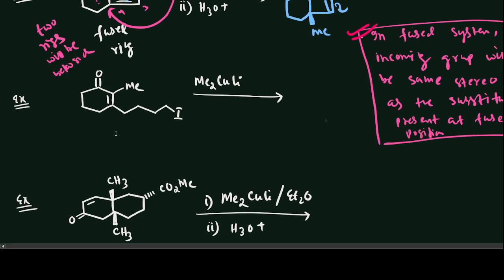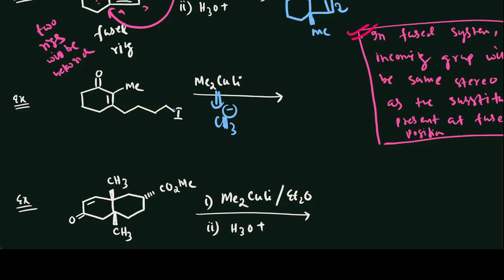So for these questions, here also CH3 minus will be there. Now where will it attack? It will always do 1,4 conjugate addition. This is 1, this is 2, this is 3, this is 4, so it will attack here. Now what we see if you make this in the